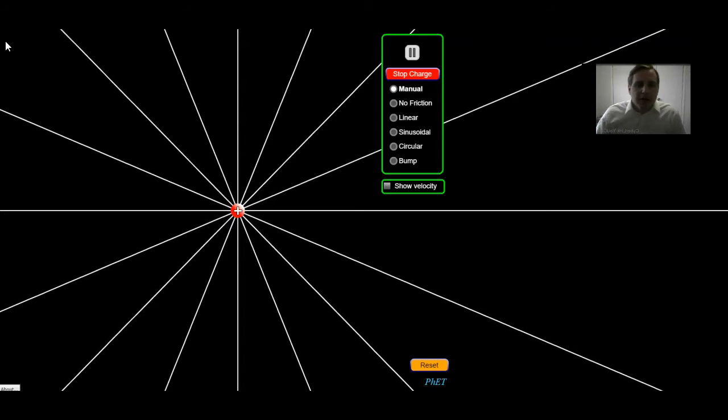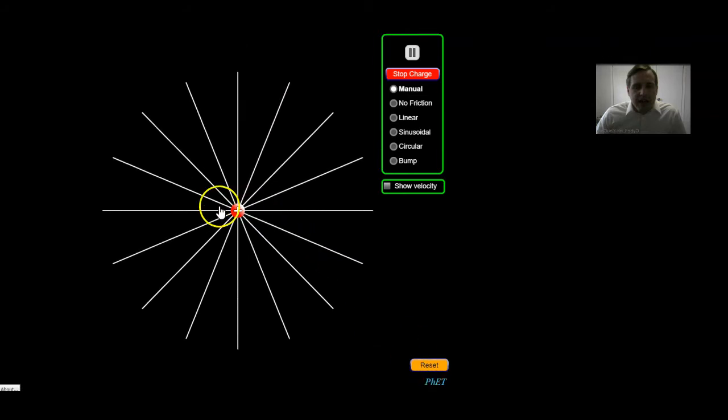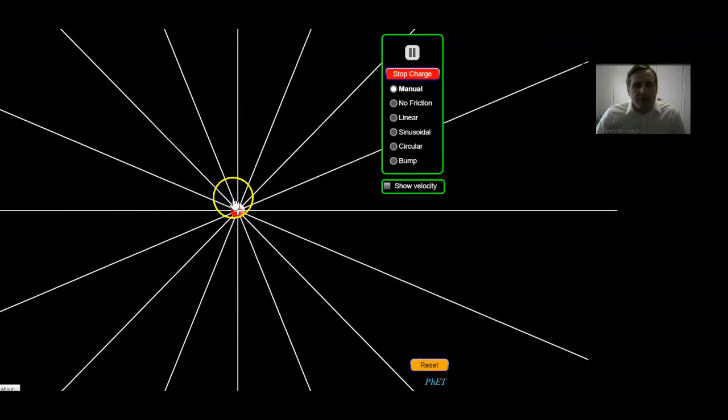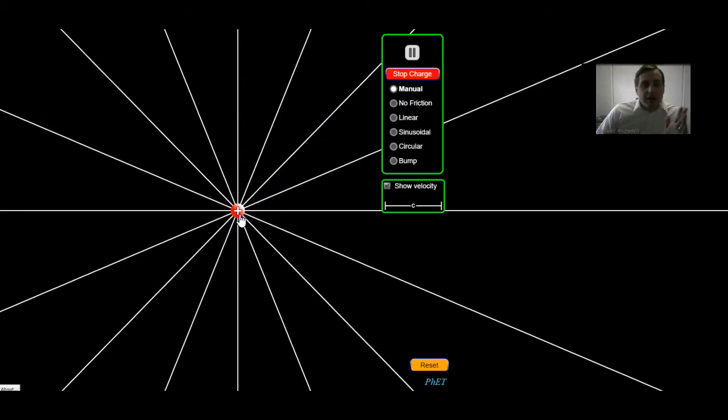So, let's imagine we have a charge, and let's imagine that we want to create electromagnetic waves. Well, you can see that if I reset this, the electric field streams out of a positive charge. The direction is from positive towards negative. And notice that if I also show the velocity, the charge has no velocity right now,